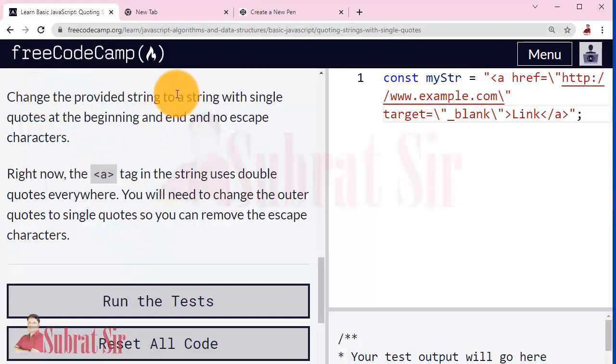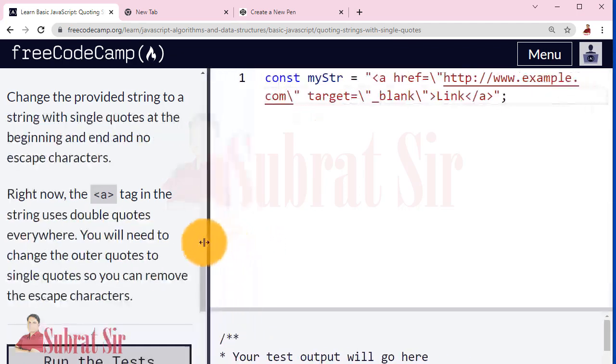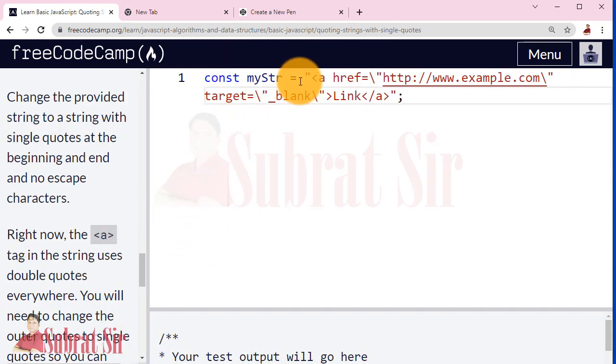Now the task: change the provided string to a string with single quotes at the beginning and no escape characters. Right now the a tag in the string uses double quotes everywhere. You will need to change the outer quotes to single quotes so you can remove the escape characters. Okay, so here const my_str equal a href equal, target equal _blank.